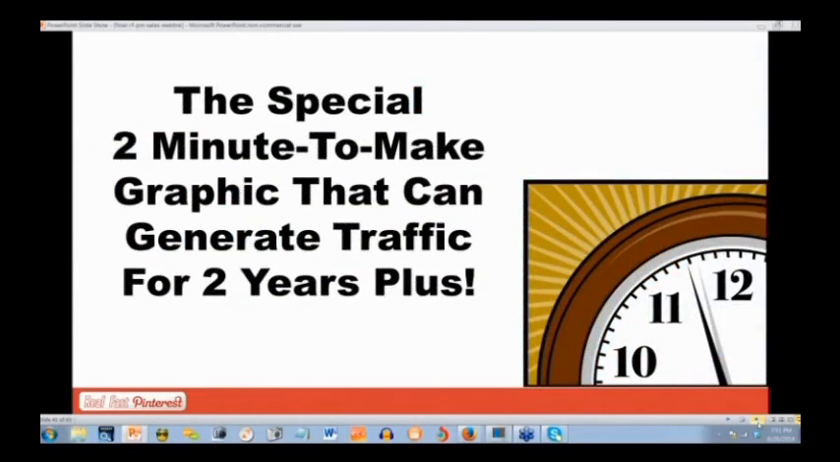Also, we're going to show you the special 2-minute to make graphic. That's right, it only takes about 2 minutes to make this particular graphic, and it's a graphic that can generate traffic for 2 years. Now, it could be 3 or 4 years. I like the 2 and the 2. So I just added it there, but the main thing I want you to understand is that it is